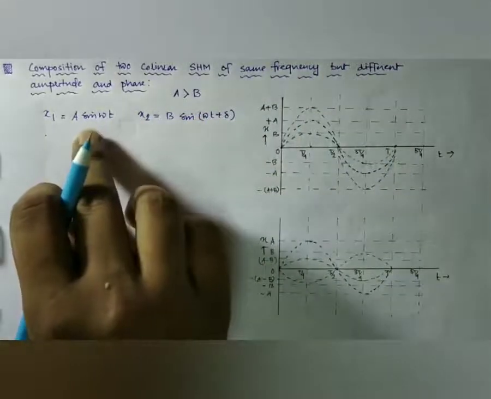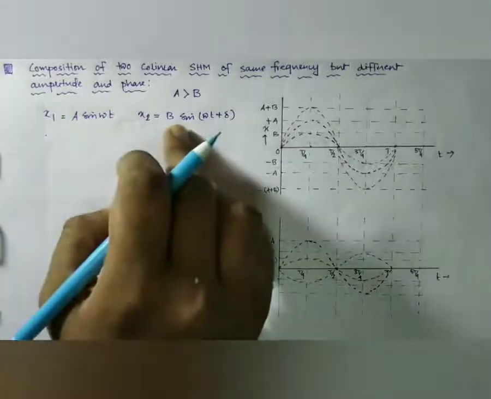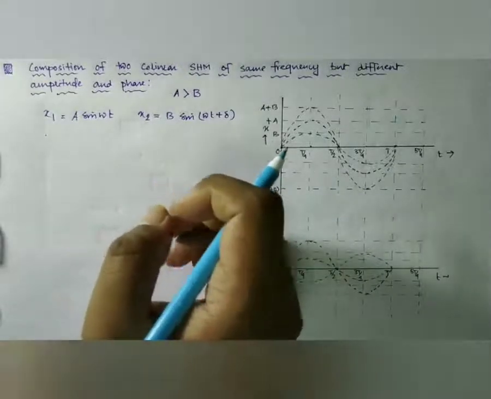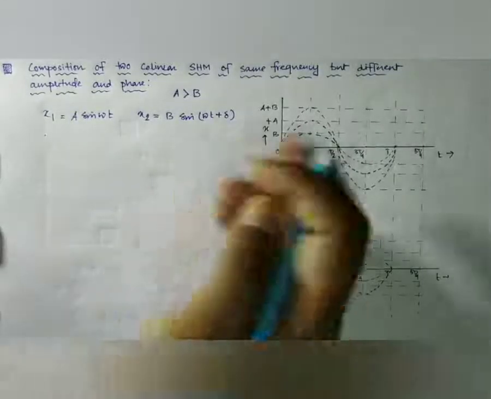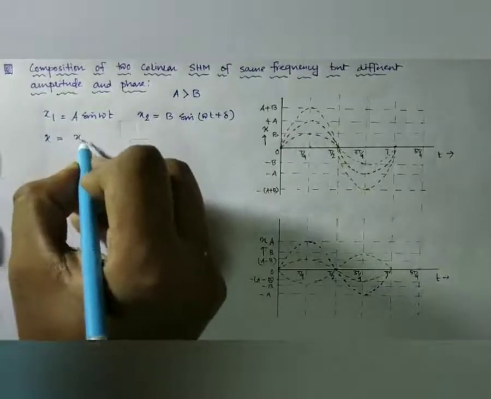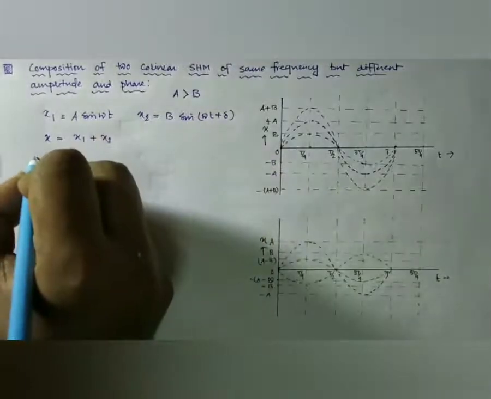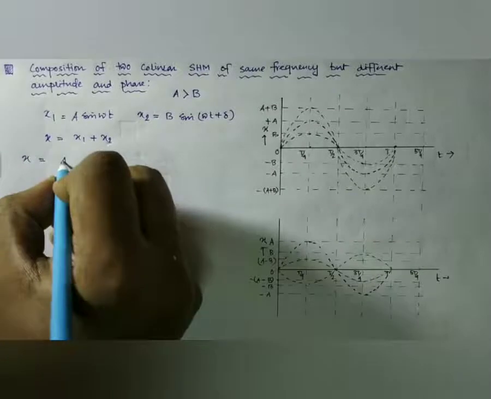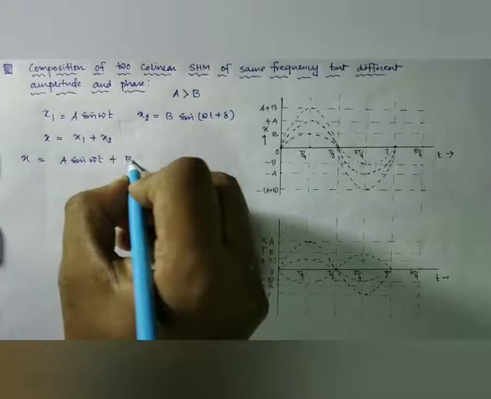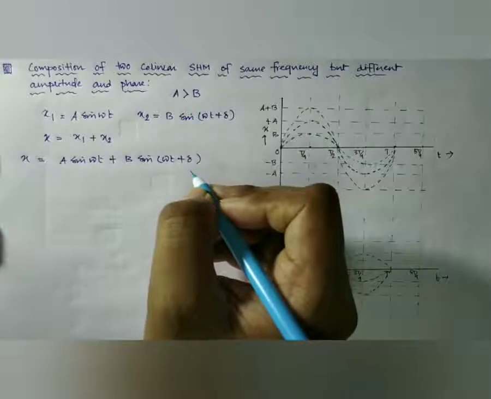So they are in different phase, they have different amplitude but the same frequency. Now what happens when they superpose with each other? From the principle of superposition we know that after superposition the resultant displacement x will be x1 plus x2. Now if we write x1 equal to a sin omega t and x2 is b sin omega t plus delta,